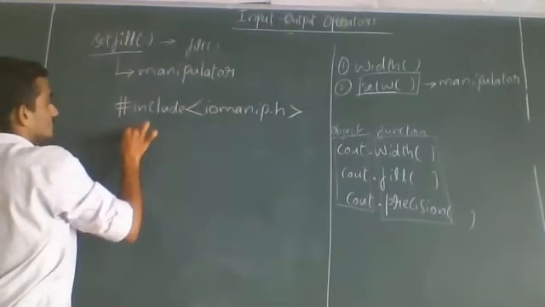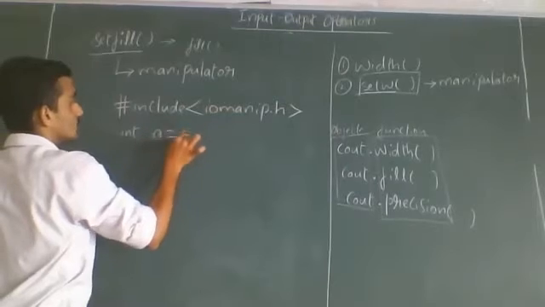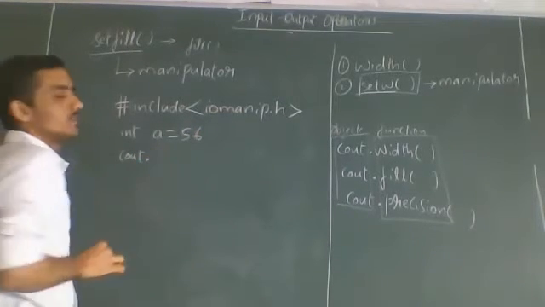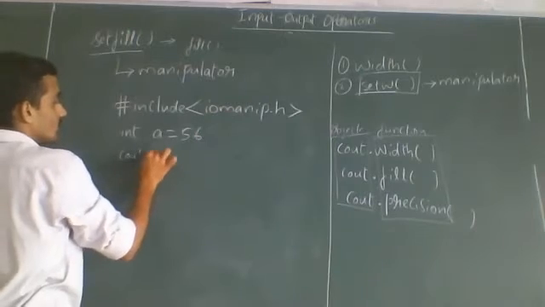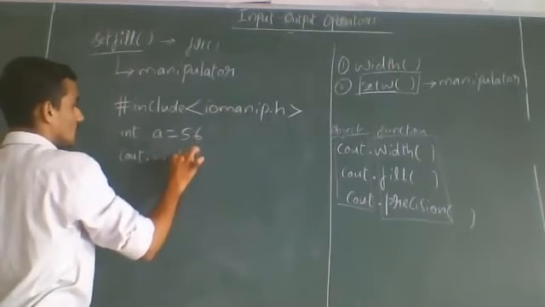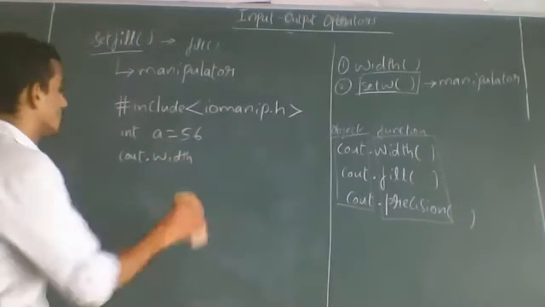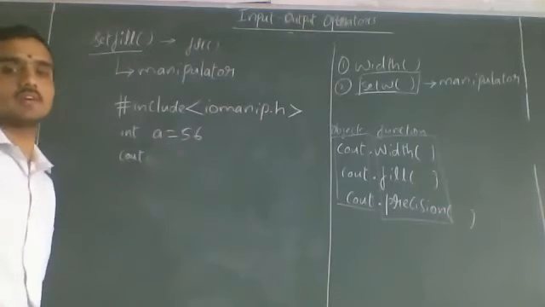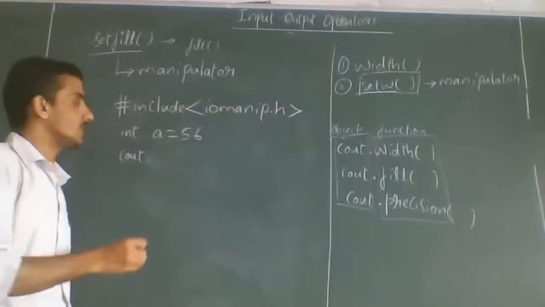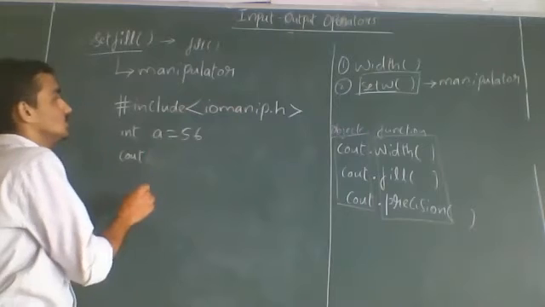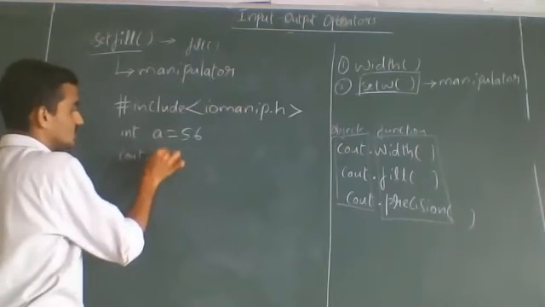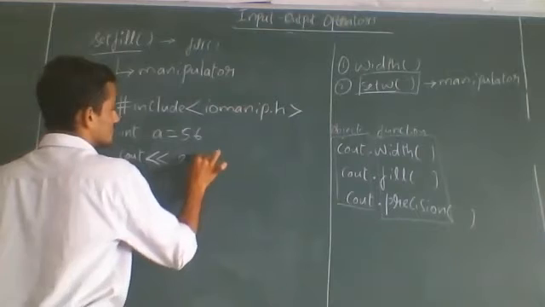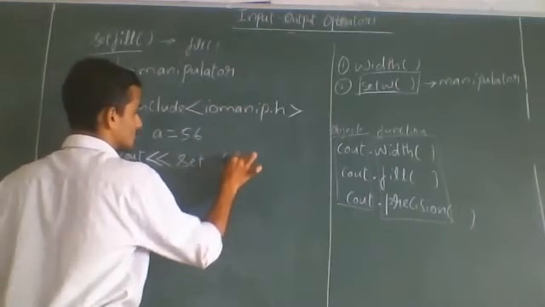In the previous example only we will take it, but we'll write it in the format of the setfill function. So let us consider int a equals 56. When you set the width, either you can use the width function, or you can go for the setw function. So two functions are available for setting the width, either width or setw. If you are using setw, follow this syntax, that is the same insertion operator, setw of 6.